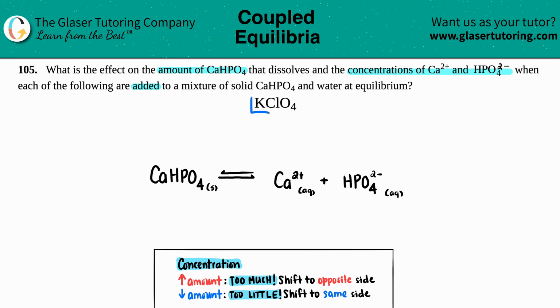Now, KClO4 has a group 1 ion, K+, right? All group 1 ions are always soluble, no exceptions. So this is a soluble salt, or a soluble ionic compound. So that means that it's going to break down into its two components. We have K+ and ClO4-. Okay, well, if I add KClO4, that means that I have increased my concentrations of K+ and